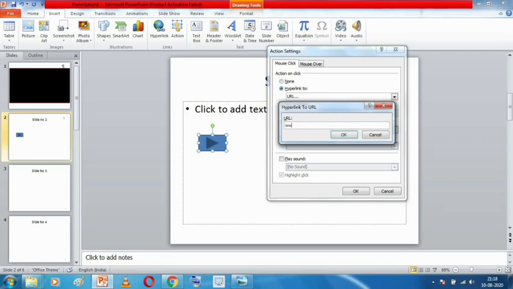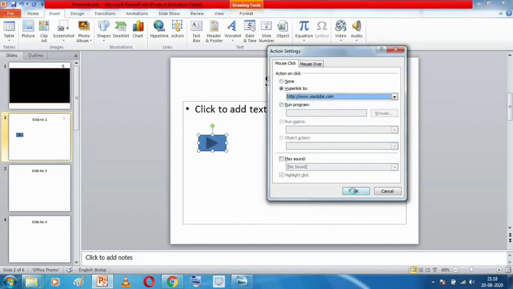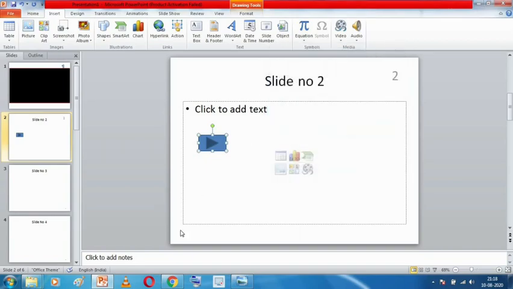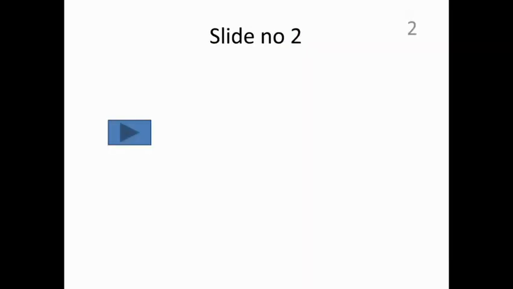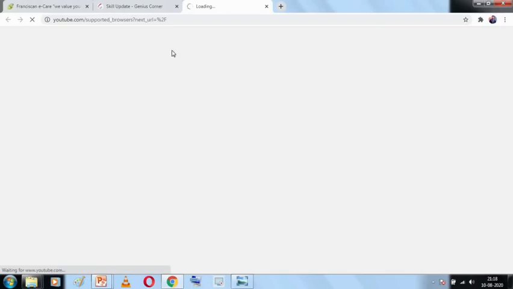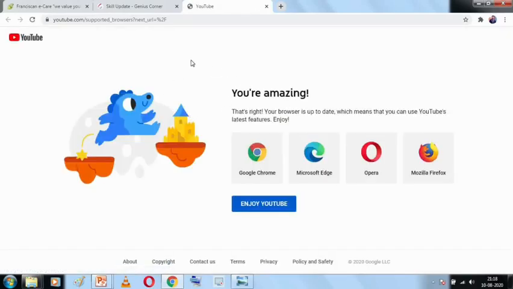So suppose I type youtube.com over here and click on OK. Now what will happen when I start my slideshow, and when I come on this button and click on it? youtube.com will open in my browser. See, this is my browser and youtube.com has opened.